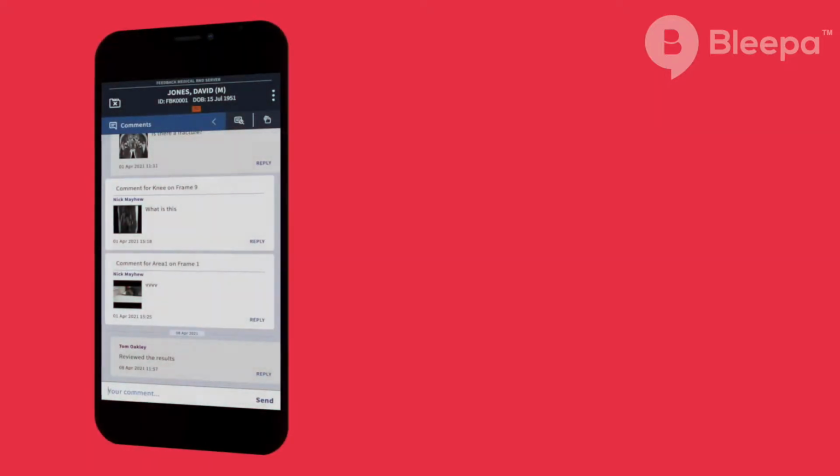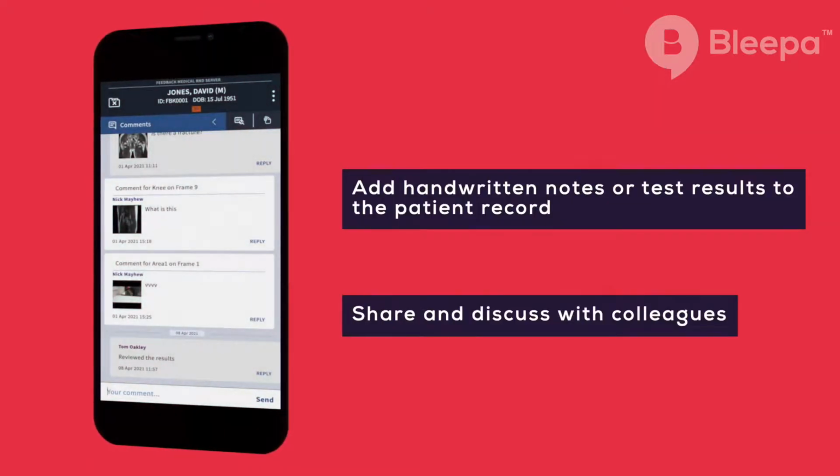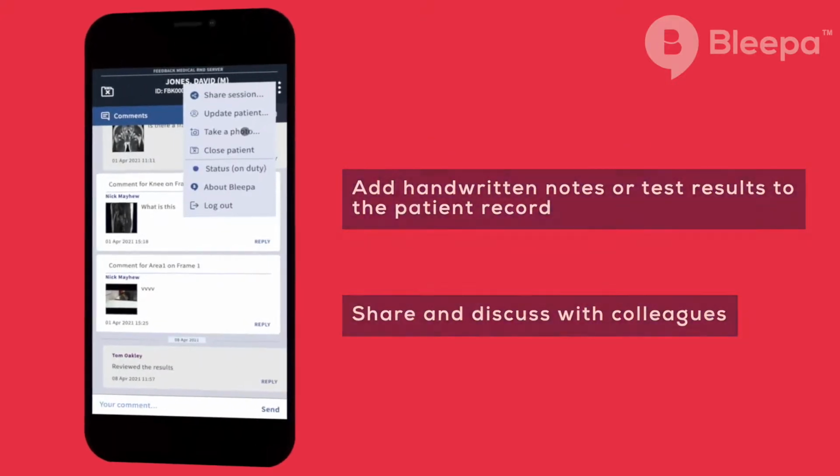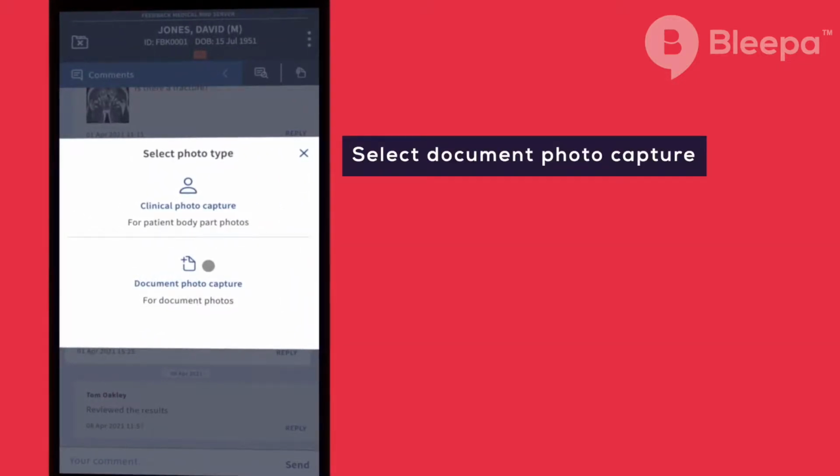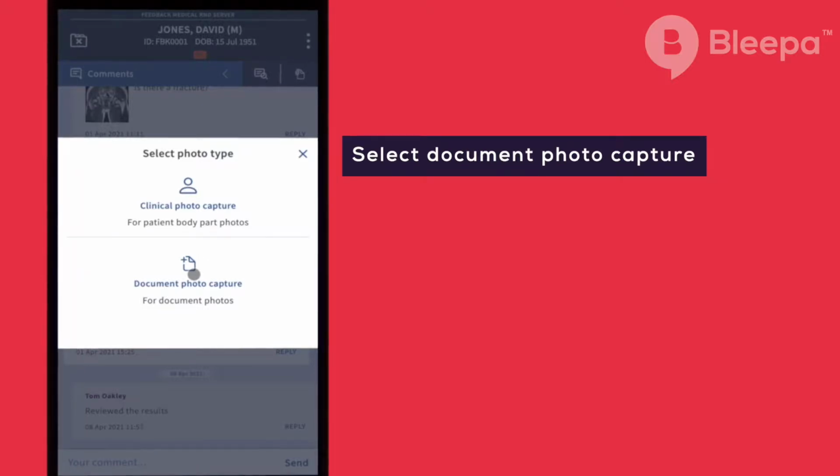Within a patient window, I can also acquire a photo of handwritten notes that wouldn't be available electronically. To do this, come to the Menu tab, select Take a Photo, and then Document Photo Capture. Because it's a document, I don't require patient consent, unlike the Clinical Photo Capture module, which has clinical consent as part of it. So if I click on Document Photo Capture,